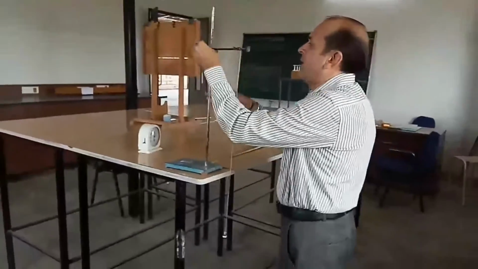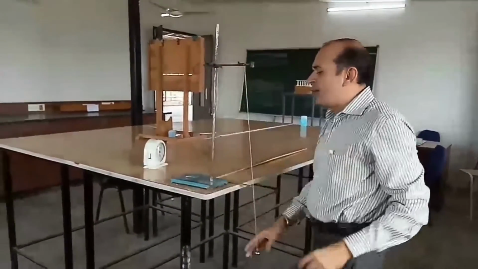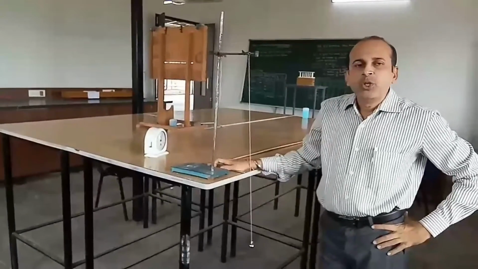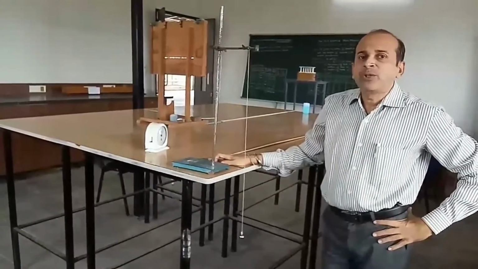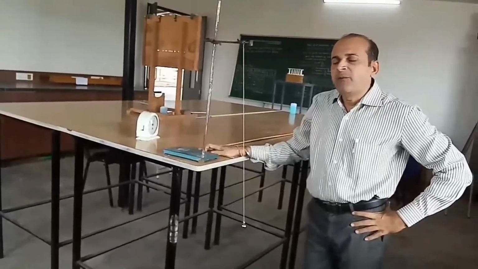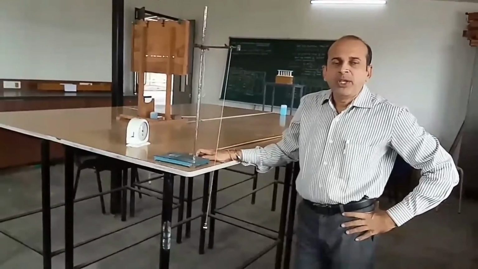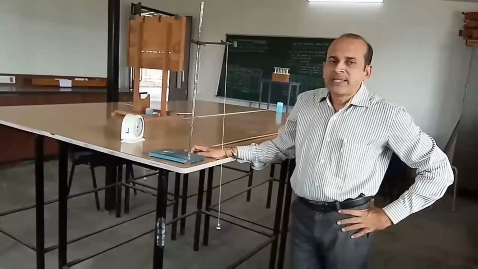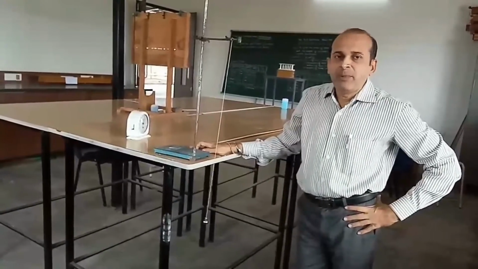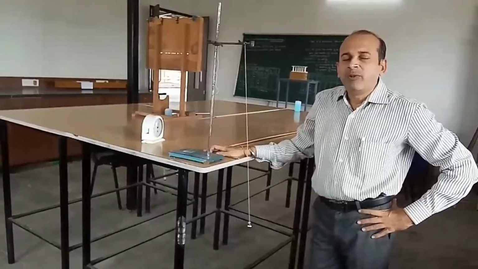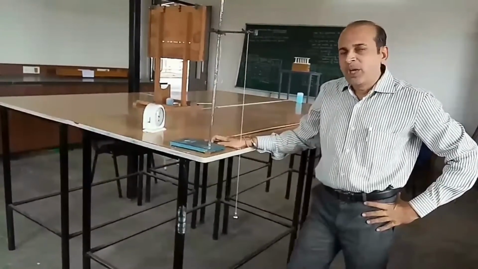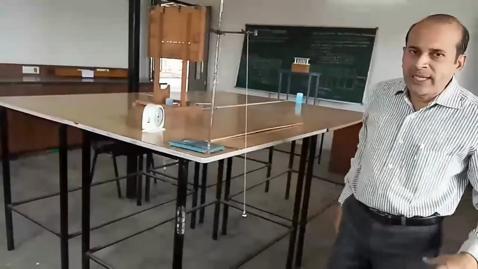Now in the same way, repeat this experiment and measure the time for 70 centimeter. Here you will get the time for 20 oscillations as 34 seconds. Similarly for the 80 centimeter, the time will be 36 seconds. And for 90 centimeter, we will measure the time as 38 seconds. So let me note down all these readings in the observation table.